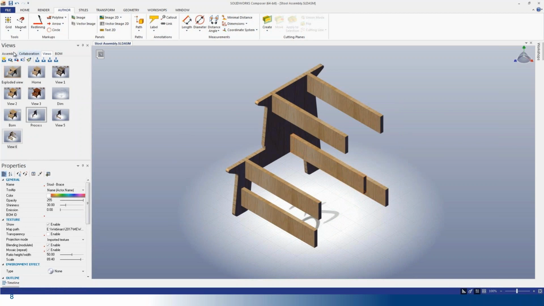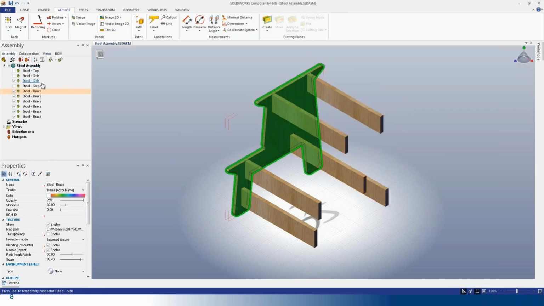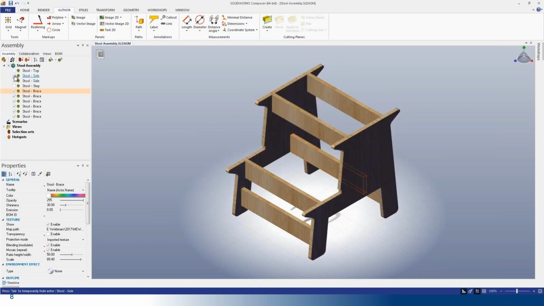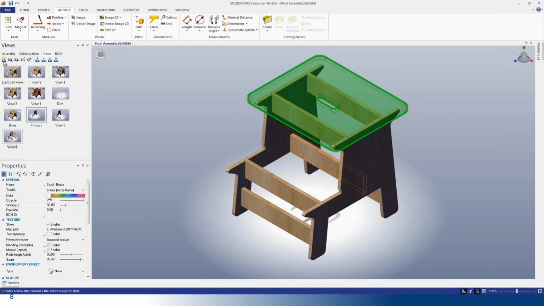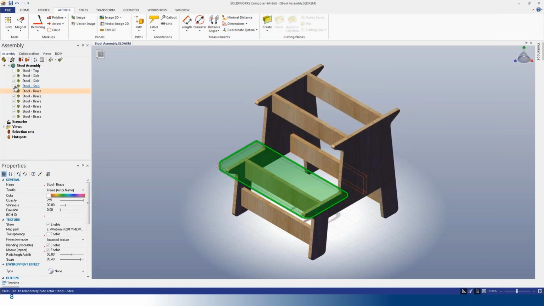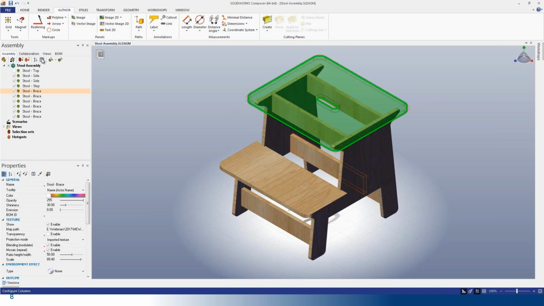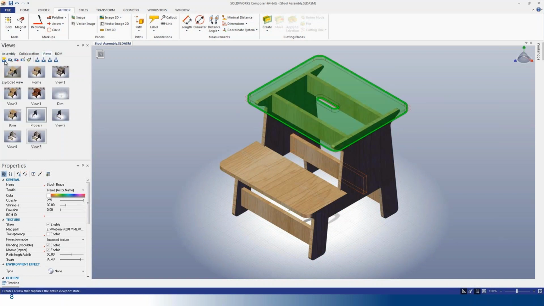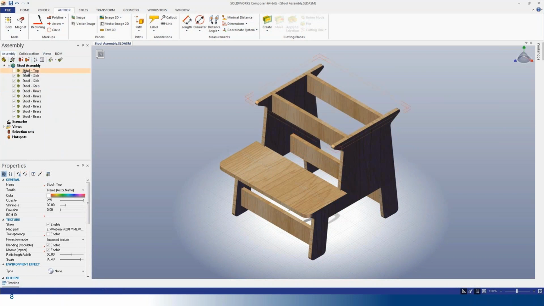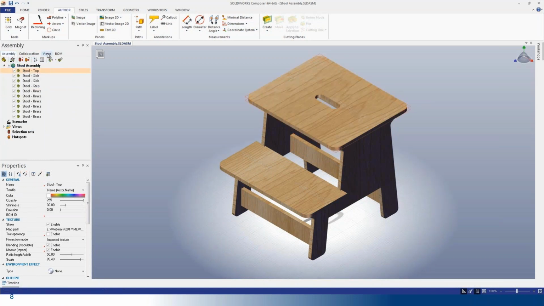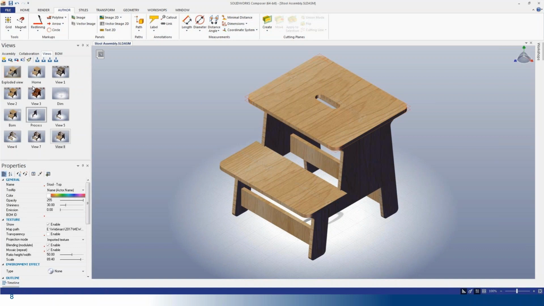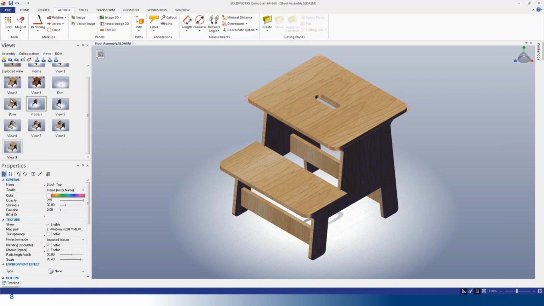And having different views with those process steps will allow me to have an instruction movie that shows that first you have to put the sides, second you have to put the braces, third you have to have the step, and the final process is to have the top component. And to link them all together,